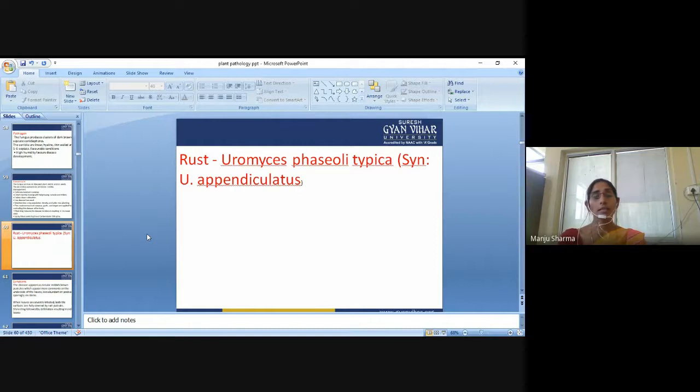Then the next is the rust disease, which is caused by Uromyces phaseoli,